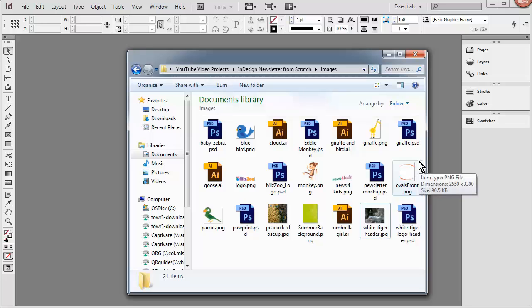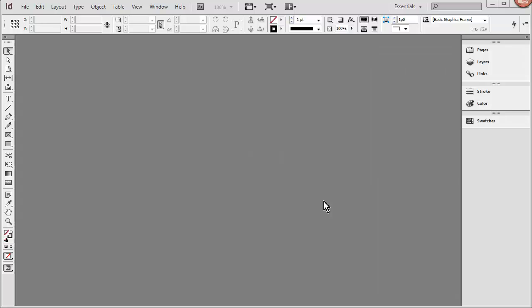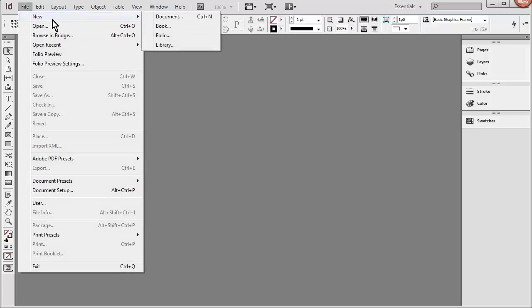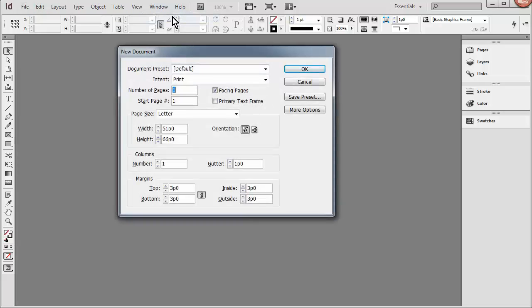Nobody wants that. So as you can see, I've put all of my content together in one folder, and now I'm ready to begin creating my newsletter in InDesign. The first thing we'll do is open InDesign and create a new document. We'll go to File, hover over New, and then click Document, and that's going to open a new document dialog